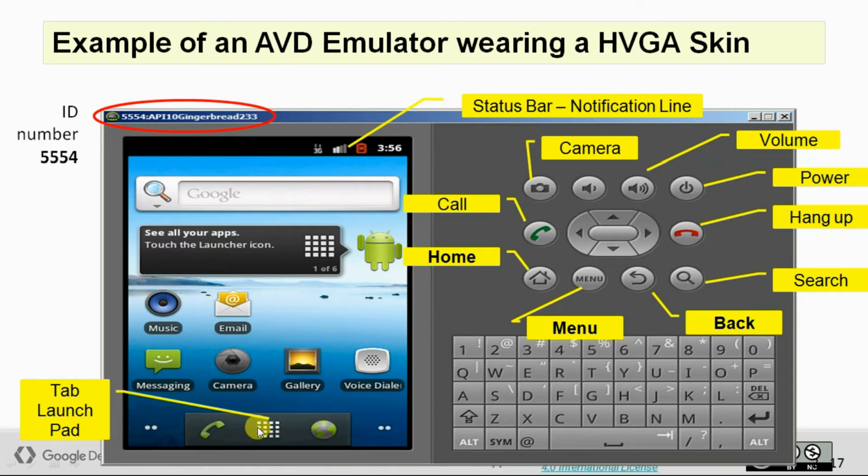This is a launcher pad. The same way your mobile phone looks, you will get the Android emulator on your laptop. By using these you can execute all the applications, but remember, a call possibility is not there, and SMS possibility is not there on a laptop. Remember that.